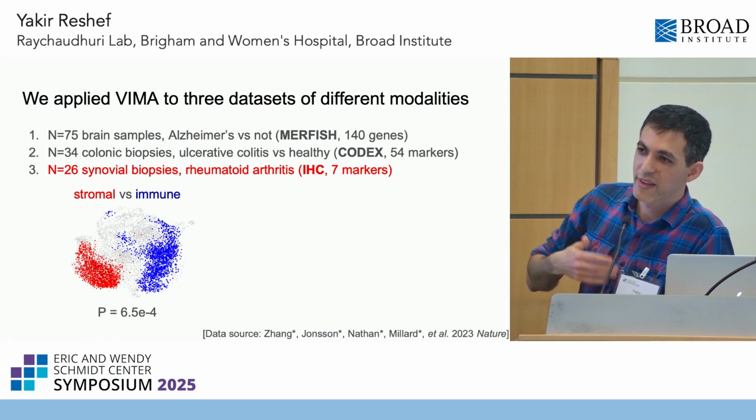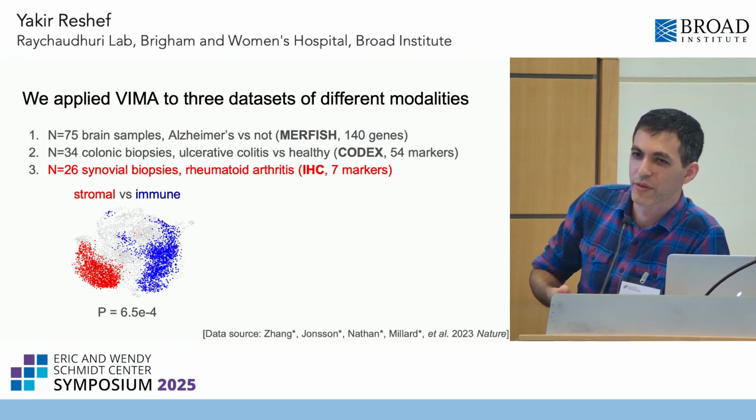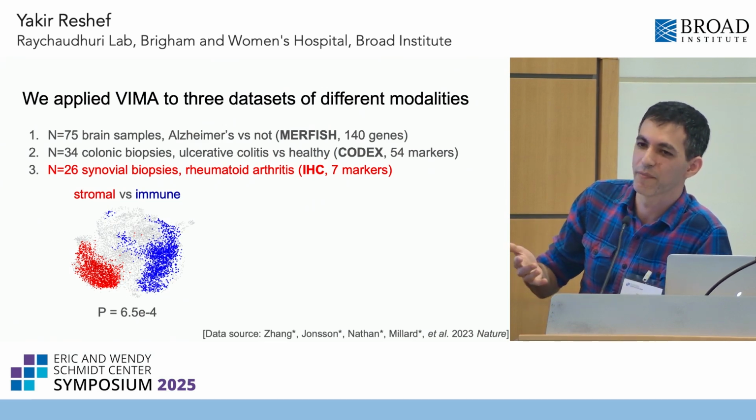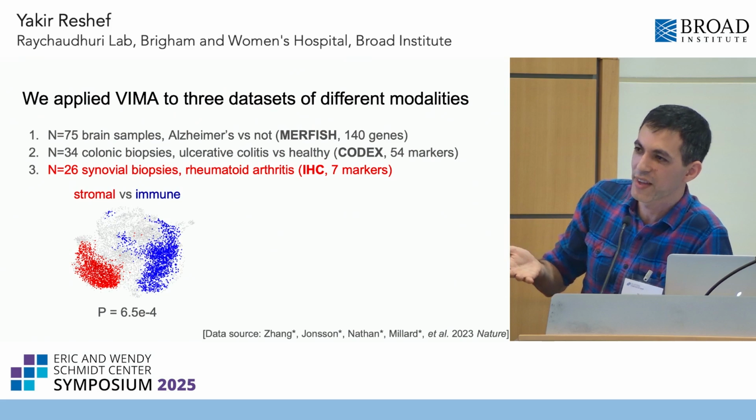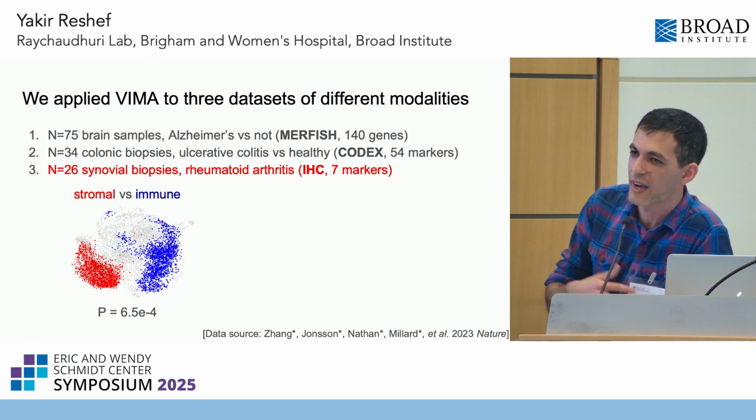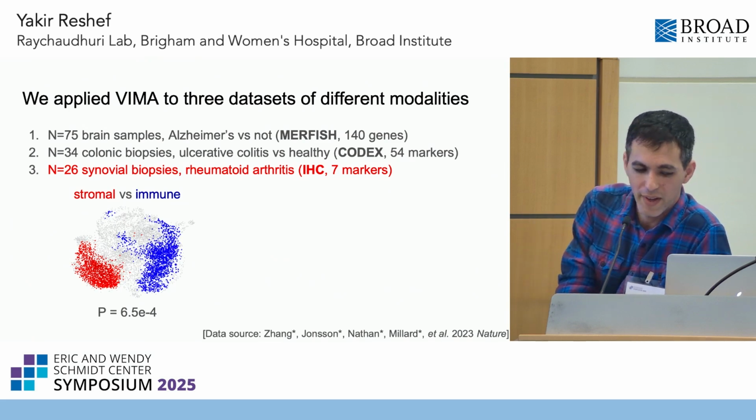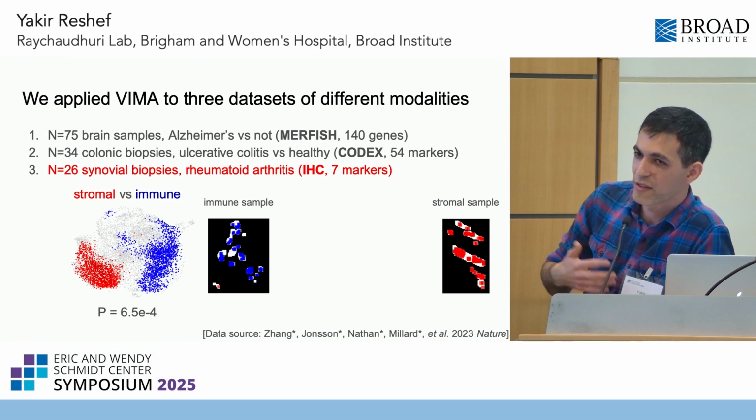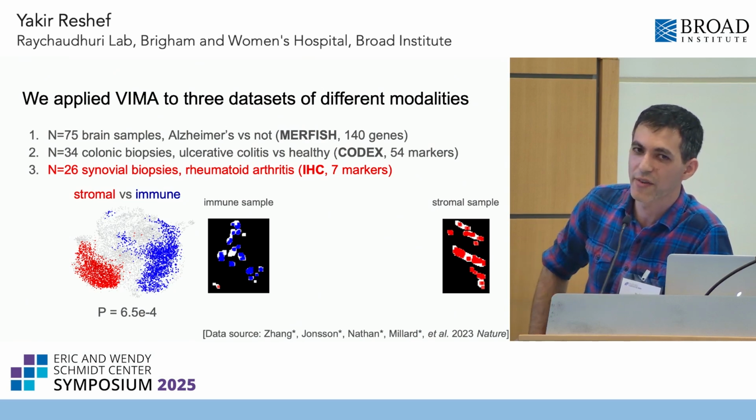And so in a sense, what this is telling us is that VIMA was able to rediscover a known signal in this data set, but to do it from a modality that's been around for many, many years and that's much simpler than the single cell modalities that were used to actually uncover this distinction for the first time. And the neat thing is that because this is a spatial modality, we can actually look at heterogeneity within